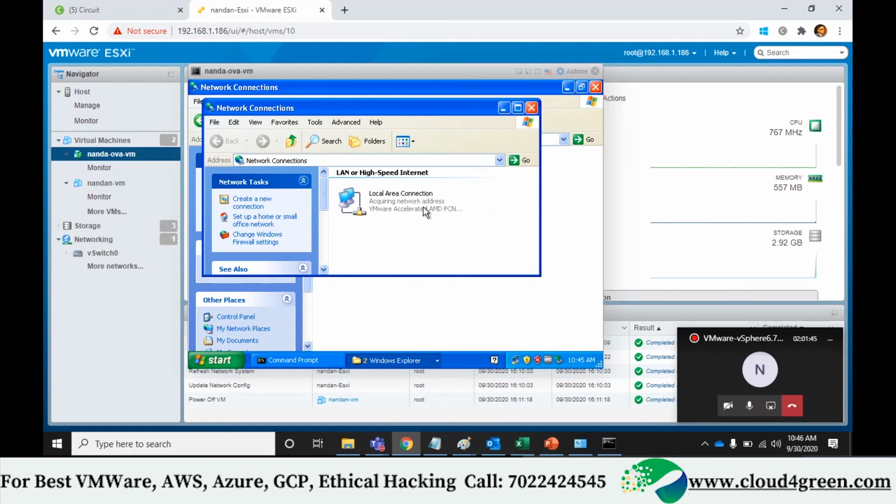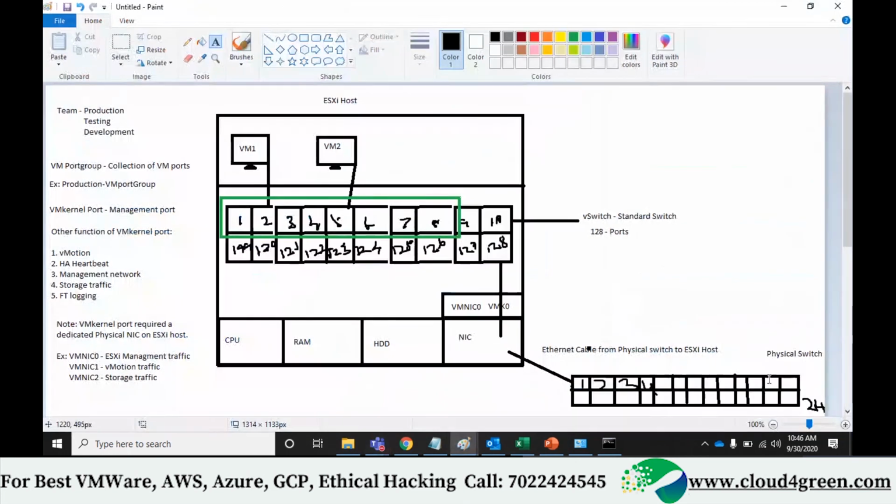See, this network card will search for a DHCP server. Our DHCP server is 192.168.1.1. Since it is getting an IP address, it is communicating with my Wi-Fi router. In this diagram you have seen, right? There was a router here. Earlier I have written it, like this, there was a router connected here. So this machine wants an internet connection or network.